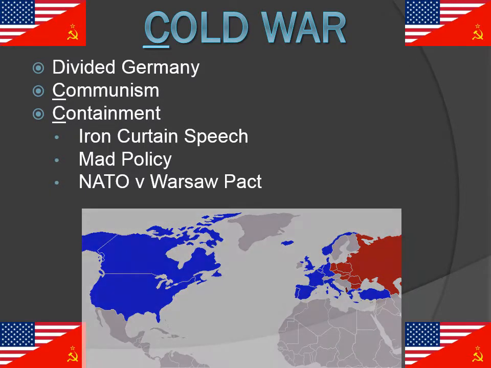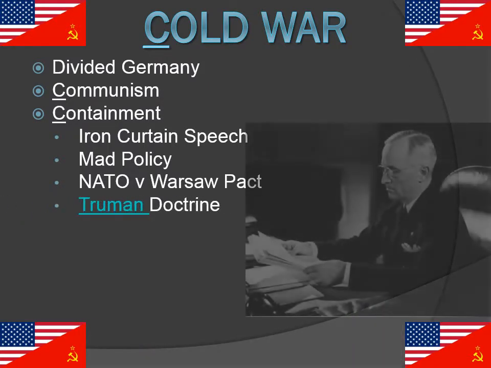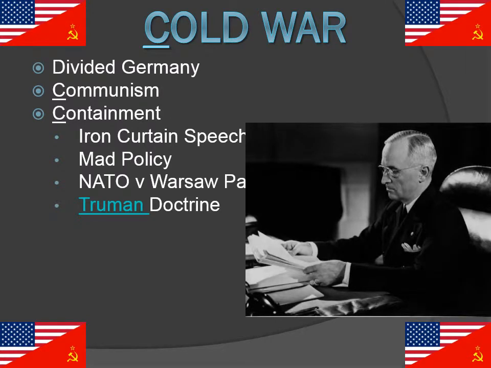Also, you will see the Truman Doctrine developed during this time period, and this of course is named after Harry Truman, and the Truman Doctrine has to do with the country of Greece. There's going to be a battle that's going to take place in Greece over whether Greece is going to fall to communism or fall to capitalism. Well, we send money, millions of dollars. I think it's $400 million we will actually send to Greece to prevent the fall of communism.